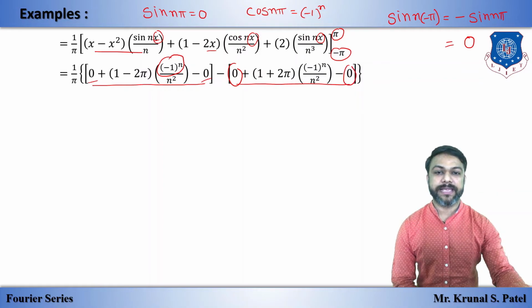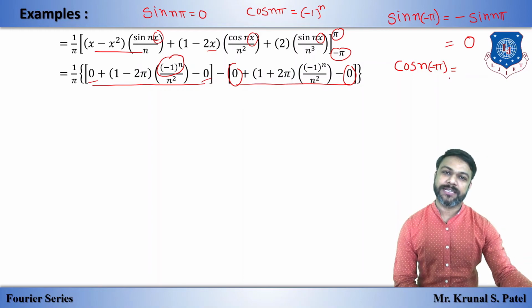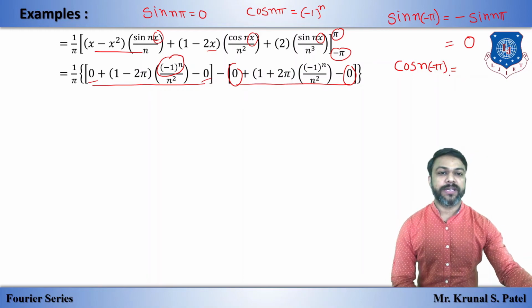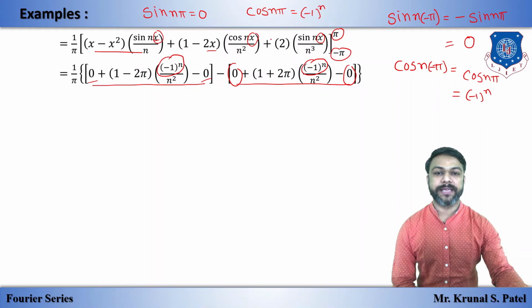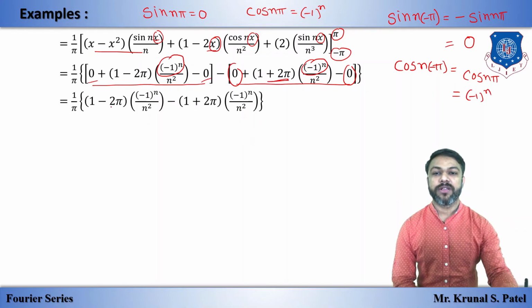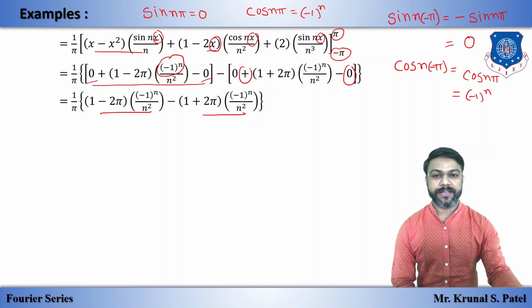And if we put minus pi in cos, cos of n into minus pi, as I told, cos of minus theta is cos theta, that means cos is an even function, so the minus cancels out. So we have cos n pi, and we know the value of cos n pi is minus 1 raised to n, so minus 1 raised to n as it is. If we put minus pi here, minus minus plus, so we have 1 plus 2 pi. Now open the bracket, so we have only these two terms. This entire term has a plus sign here, but after opening this bracket, minus plus is minus.